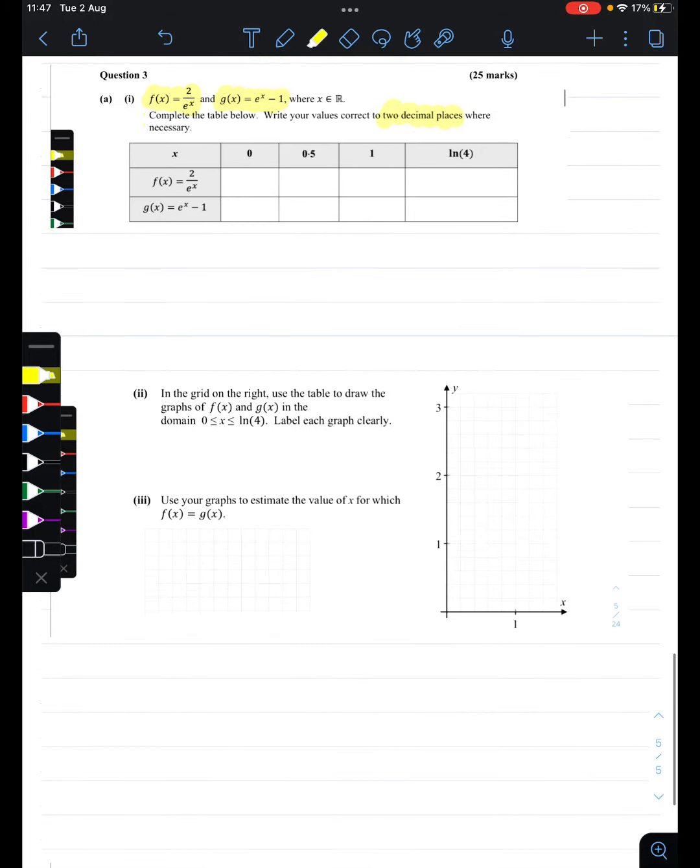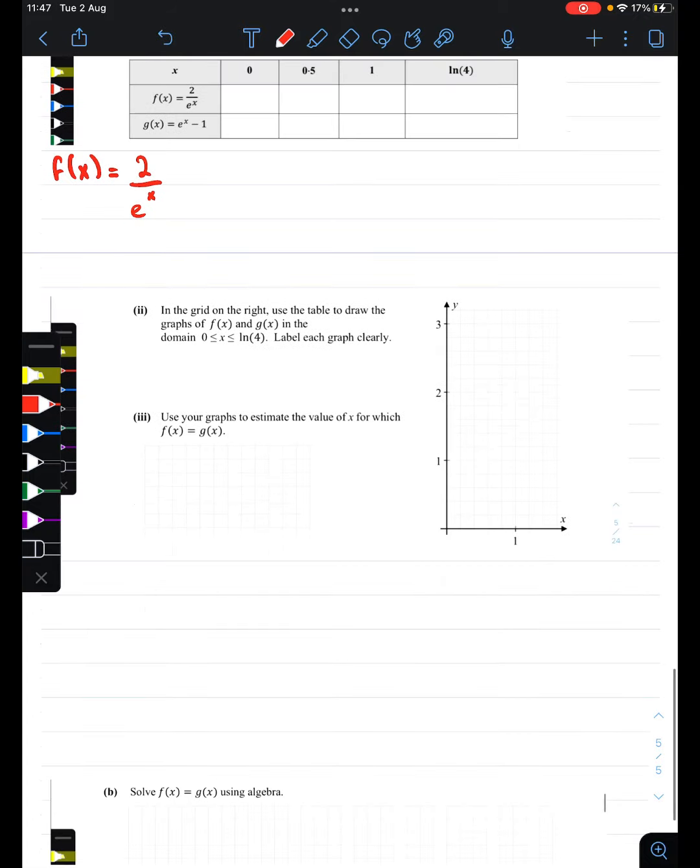Okay, so we need to fill in this table when x equals 0, x equals 0.5, x equals 1, and x equals ln of 4. Alright, so let's just start by writing our functions. So f of x equals 2 over e to the x, and g of x equals e to the x minus 1. So we want to